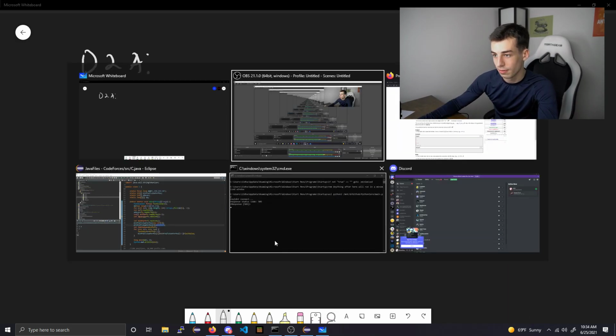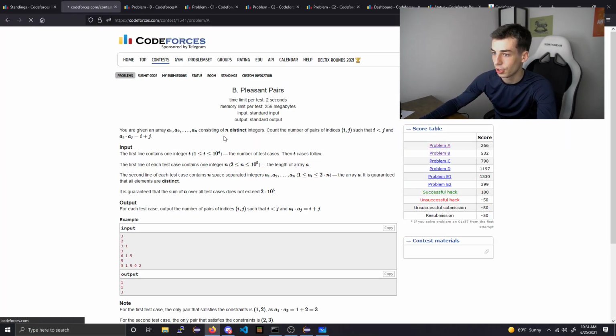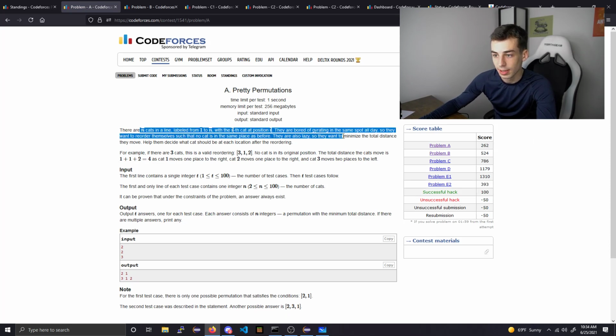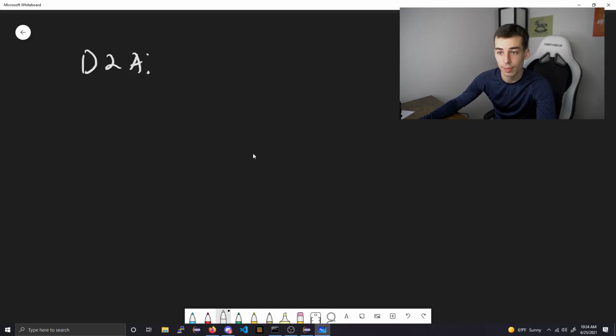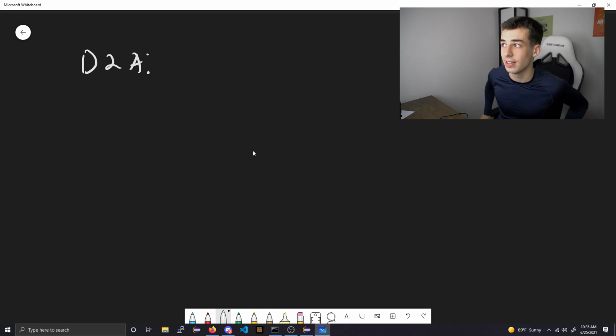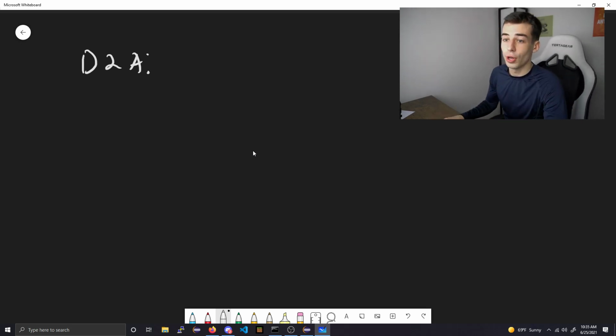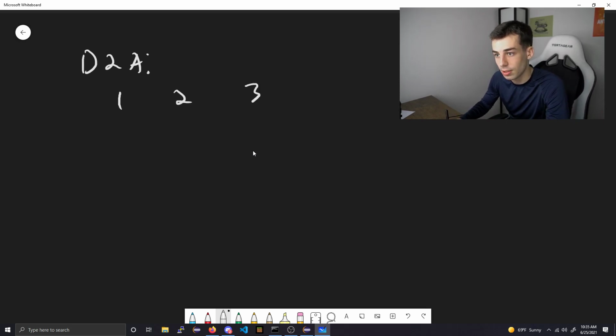I haven't actually solved this, I've just read it, but I can talk about it here. You have n cats in a line, and you want to reorder them such that no cat is in the same position it was before, but also the total distance all cats move is as small as possible. So initially you start out with something like this,